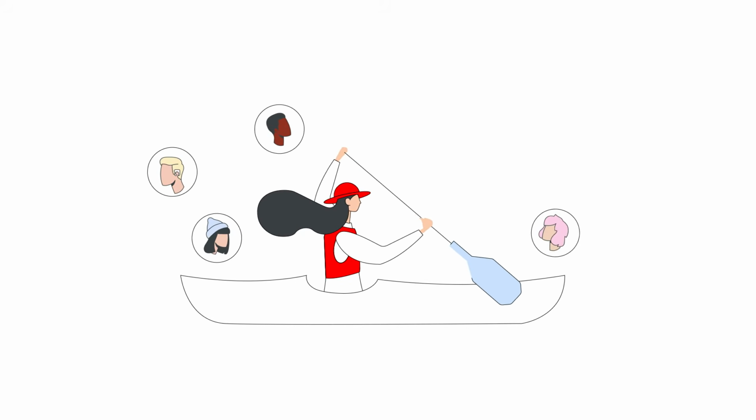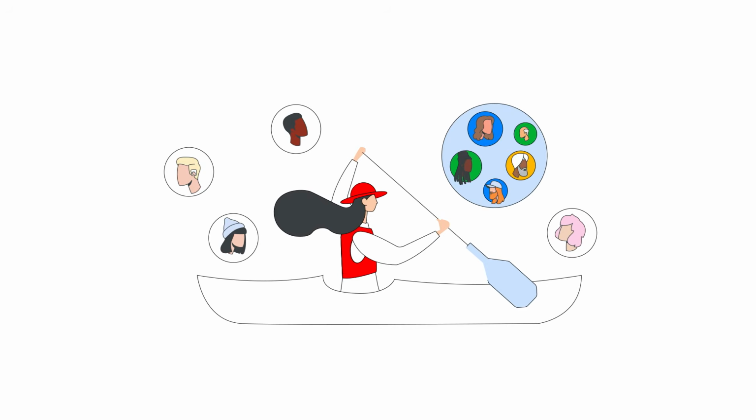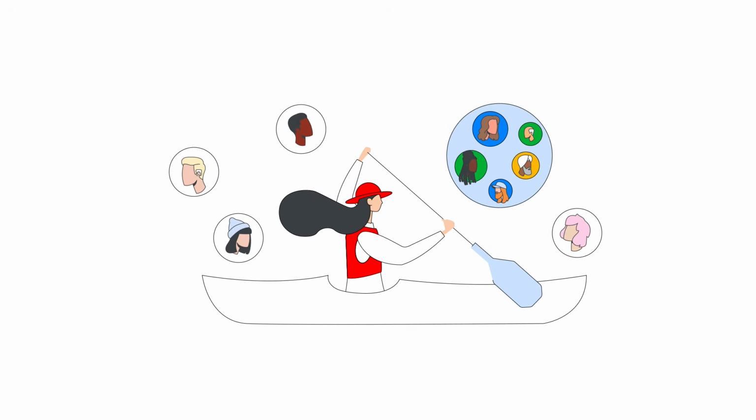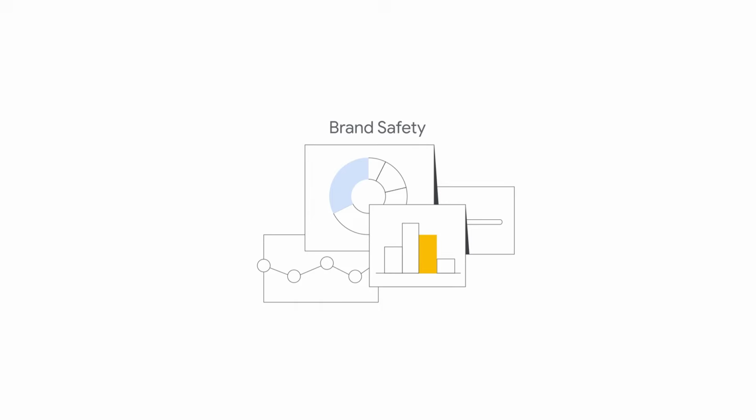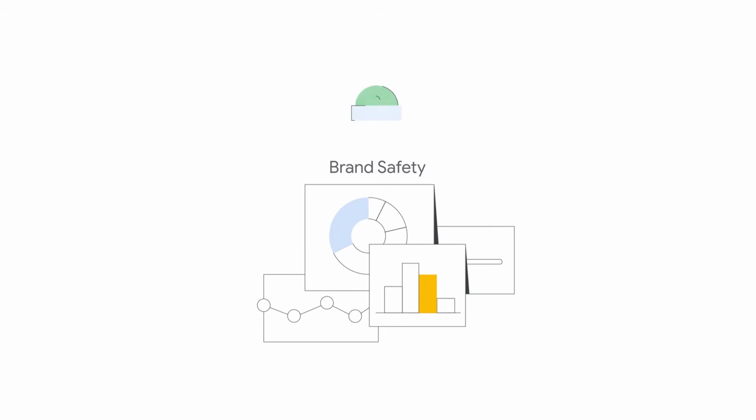It adapts to performance. For example, it may add and target keywords to those that you've manually selected and that perform well. And it may stop focusing on keywords that don't perform. You don't need to make additional changes to your brand safety settings when using optimized targeting because it adheres to